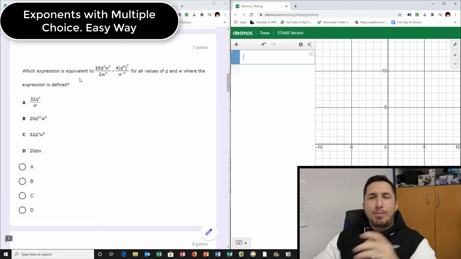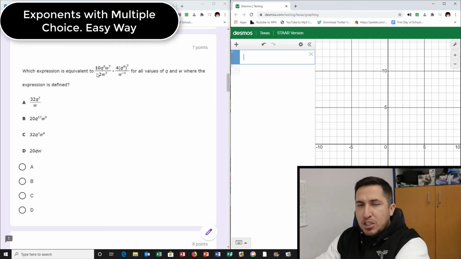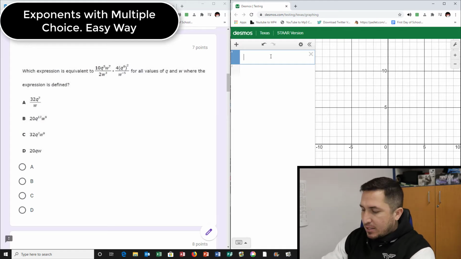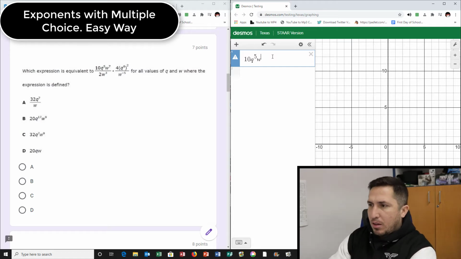Next one, what expression is equivalent? Well, equivalent, I got to match it up. Bunch of junk. Don't worry, just type it in. Let's go. 10Q to the 5th, W to the 7th, over 2